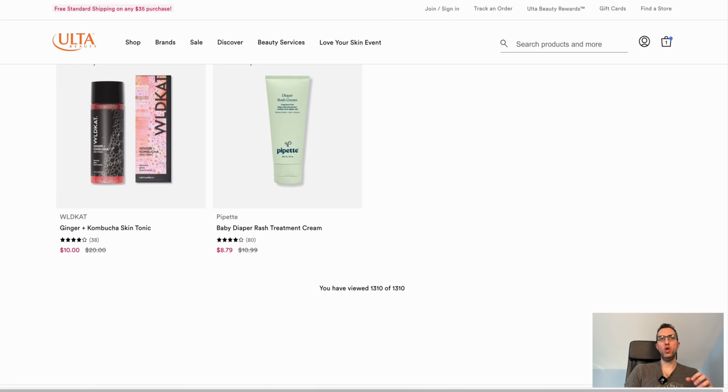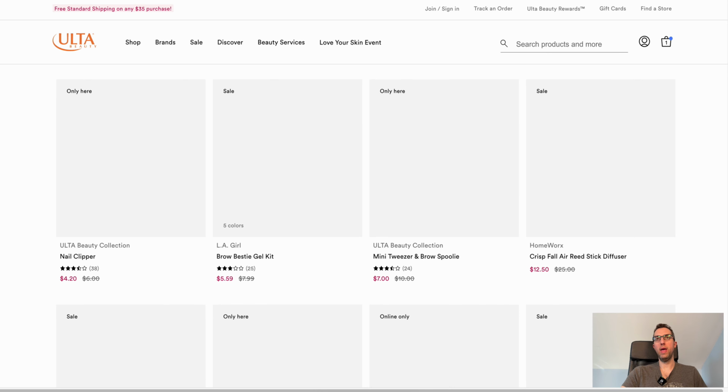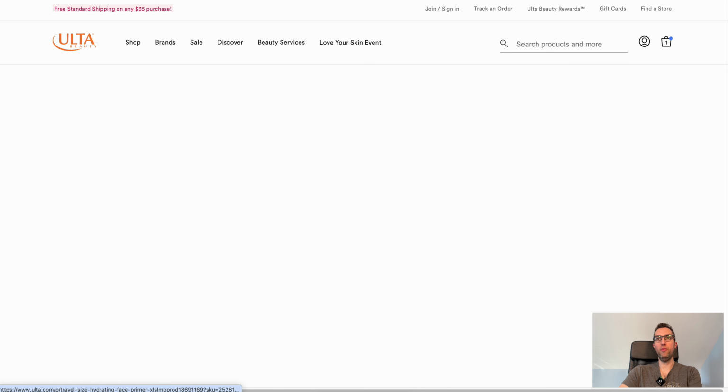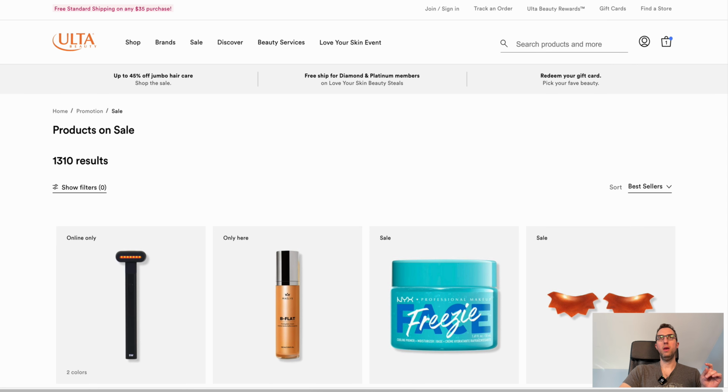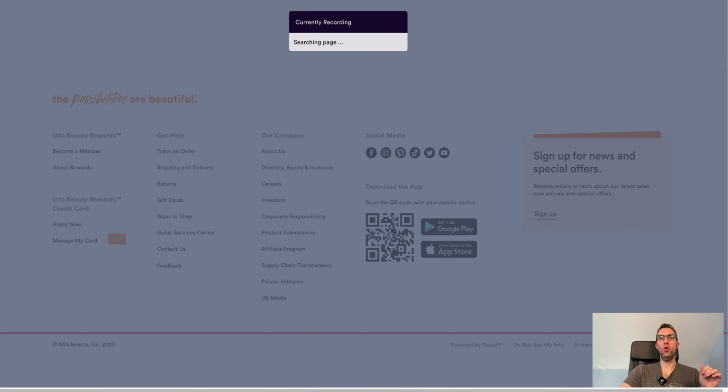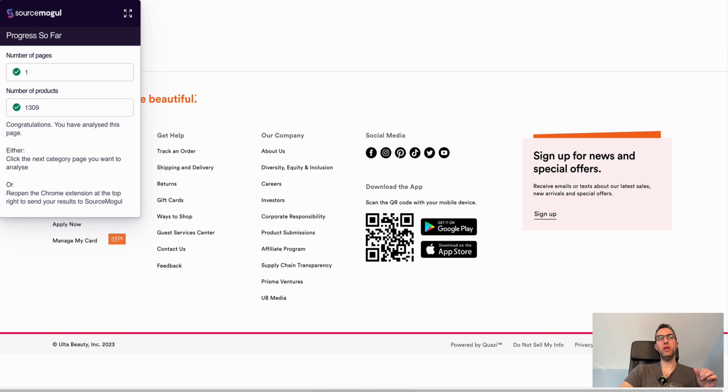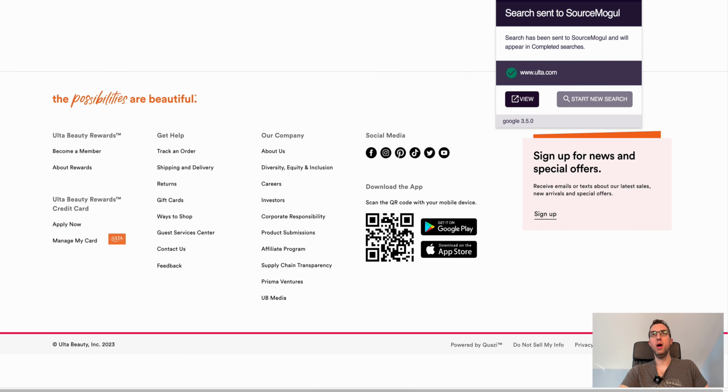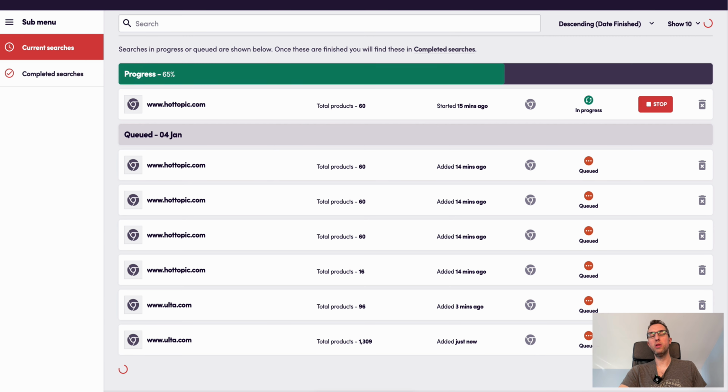So as you can see, I just finished loading all of the 1,300 products, but it literally took me 4 minutes to do so. So now what I'm going to do is go all the way to the top of the page and start the software, and it should go all the way down to capture everything. As you can see, it captured in one main scrape 1,309 products. It literally took 5 seconds, which is crazy. So now what you want to do is go to complete and then go to view. And as you see, my Ulta search is right here in queue,